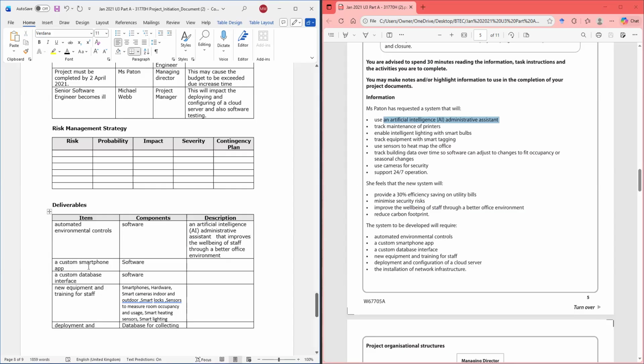A custom app for the smartphone. Okay. We can use the smartphone to help minimize security risk.